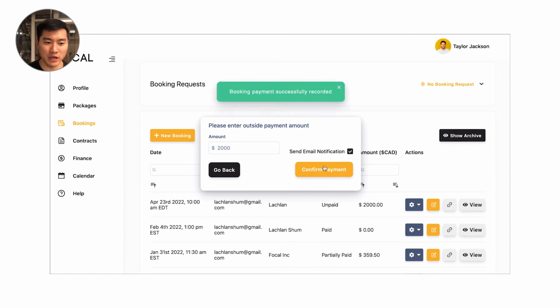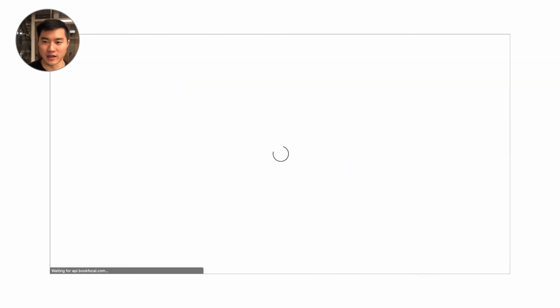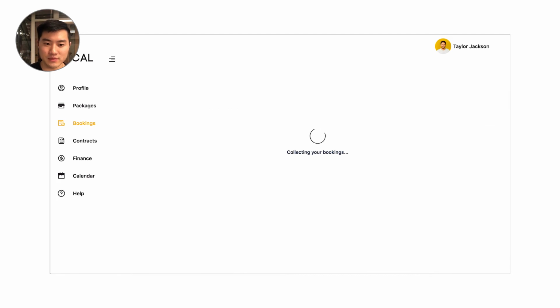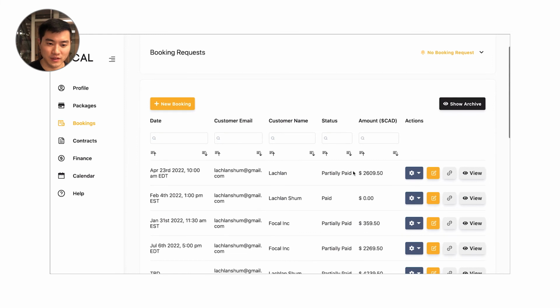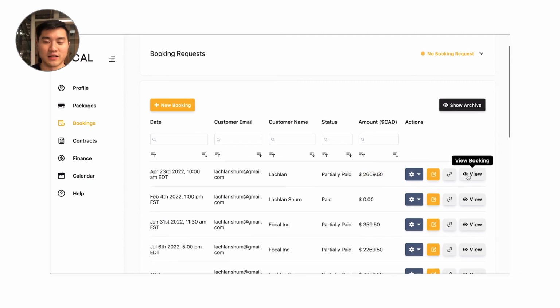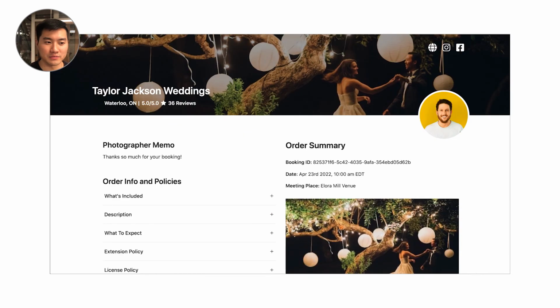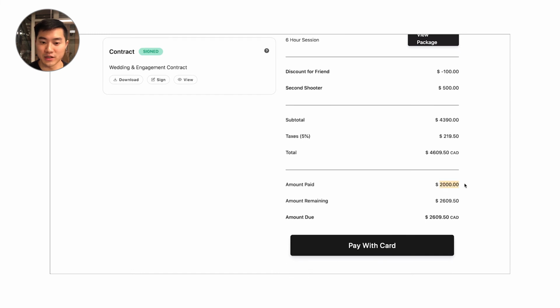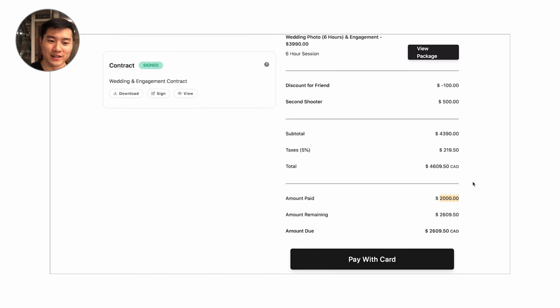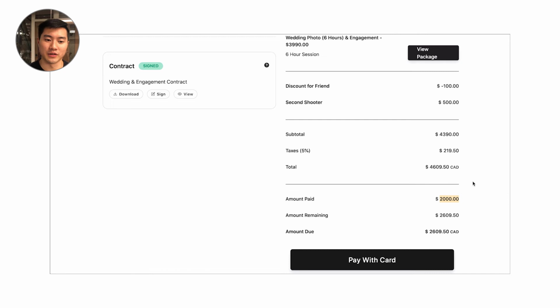I can put $2,000 right in here. I can hit confirm payment, and that's going to trigger a payment receipt email as well as update that client's booking. So that booking is now updated to partially paid, and you'll see that the amount left on it is now $2,609.50. If I open that booking up again over here and refresh, the client is going to see that they now have $2,000 amount paid on their booking. So it's always up to date,